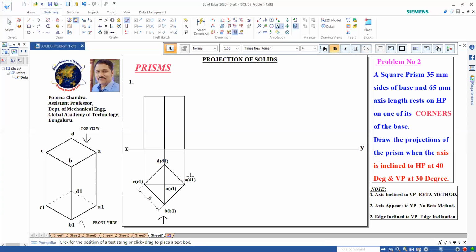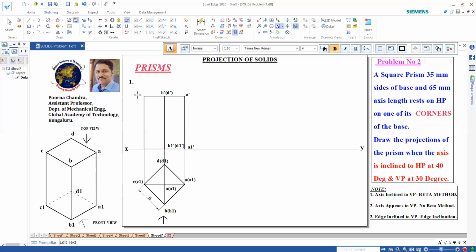So we are drawn with a visible line. Now we shall start naming this. If you watch from front, A visible, A1 also visible, so we can name it as A dash, A1 dash, both are visible. Again B visible, D not visible. Watching from front, B visible, D not visible. So I can name it as B dash bracket D dash. Similarly here B1 dash bracket D1 dash.